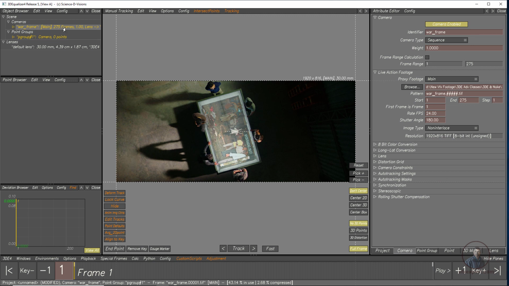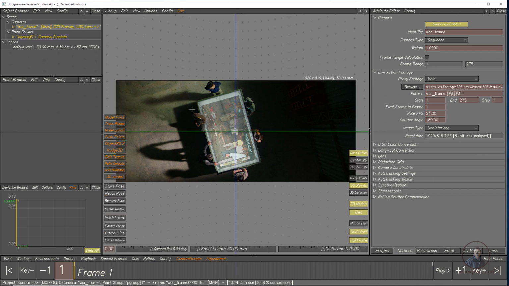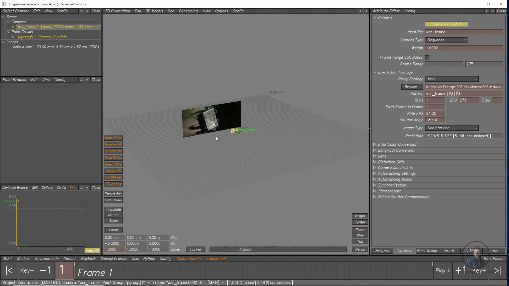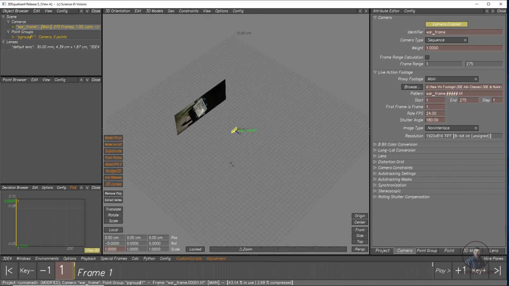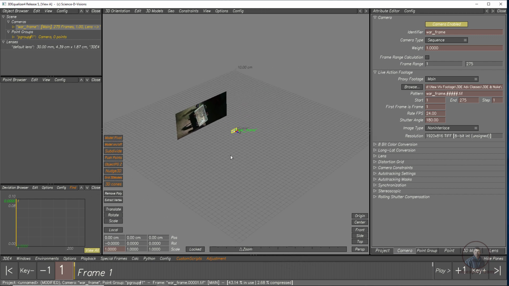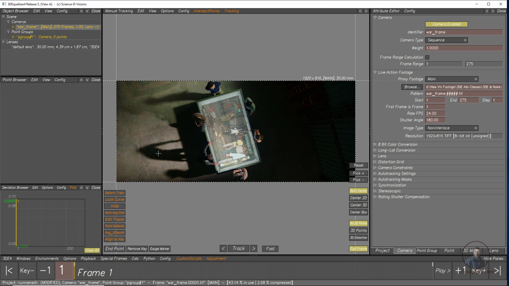So for this, if you will see, now you are in the manual tracking tab. From here you can switch between different tabs for different purposes, like lineup control. This is mainly for orienting or lining up 3D geometry according to the scene. After this, if you keep 3D orientation control, then here you can notice that this is your 3D environment in 3D Equalizer. After this, simply click on manual tracking control, because this is the first class, so I am going to work on manual tracking controls.